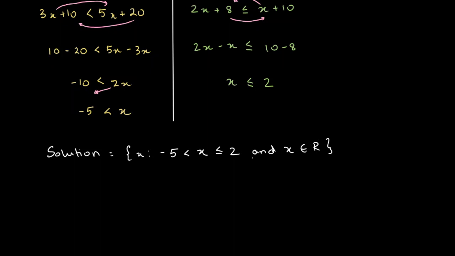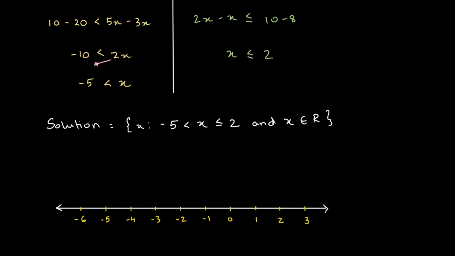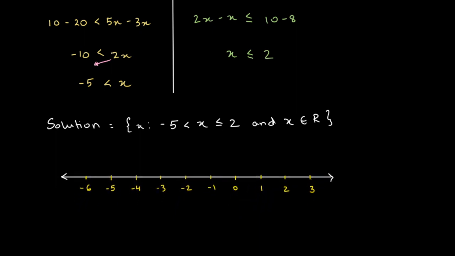Now we need to also plot our solution on the number line. For that purpose, let's first draw our number line. Here it is, drawn our number line. So let's move it a bit to the top so it's more clear, right? Now remember, we are marking real numbers, and our solution goes all the way from minus 5 to 2. So now x is greater than minus 5. So greater than minus 5, remember there's no equal to sign, so at minus 5 I'll put an open circle,